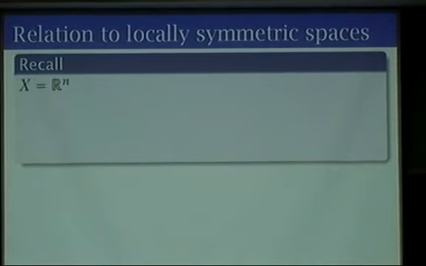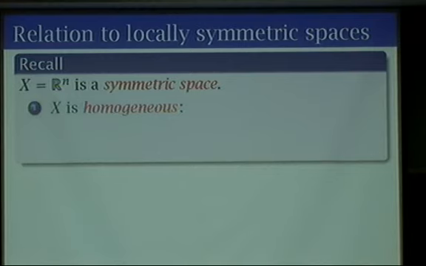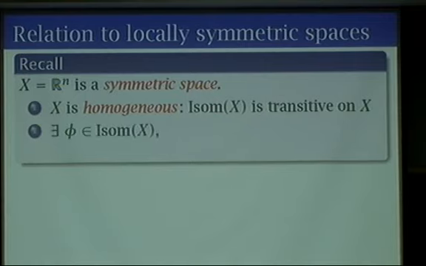But before I talk about locally symmetric spaces, let's talk about symmetric spaces. If you look at just the Euclidean space Rn, that's a symmetric space. What that means is, first of all, it's homogeneous. Every point of Rn looks like every other point of Rn. As a Riemannian manifold, the isometry group of Rn is transitive on the space. So that's a homogeneous space. The next thing, that's just what it means to be a homogeneous space. To be a symmetric space means